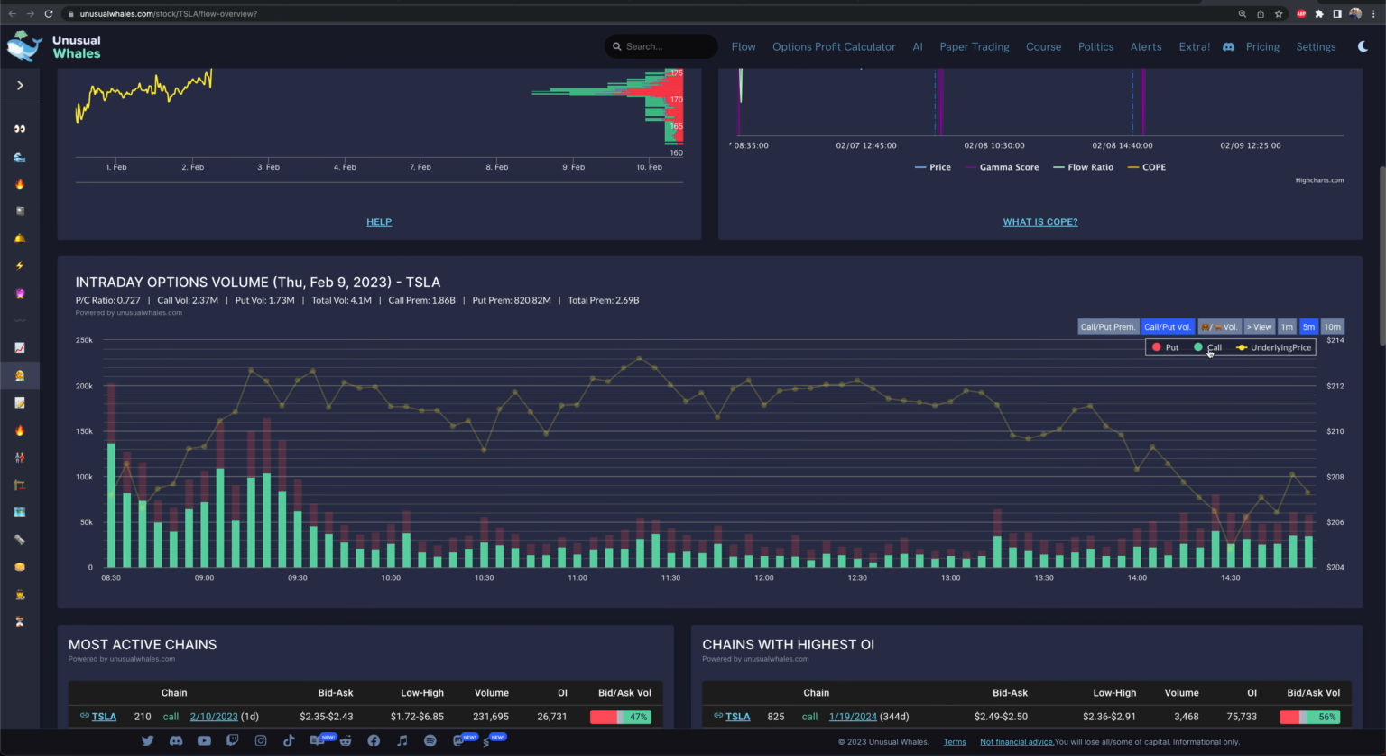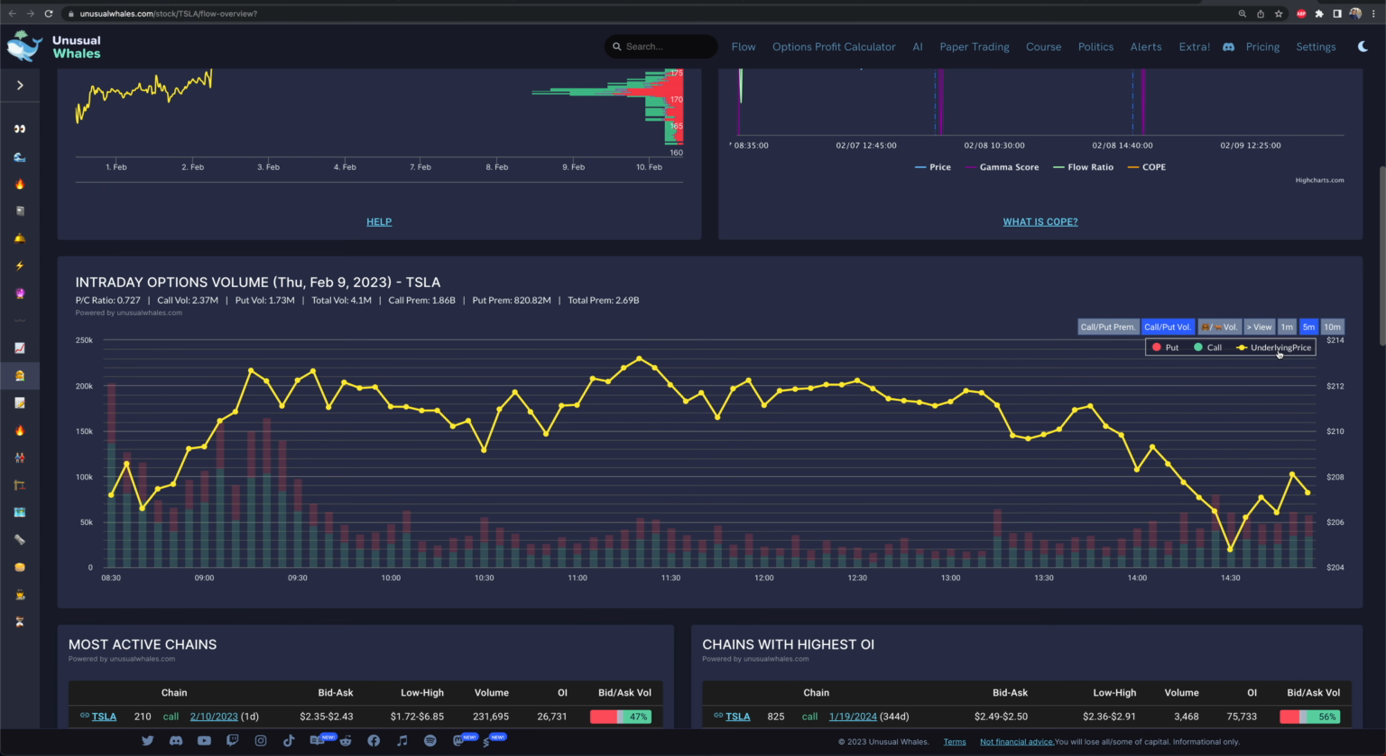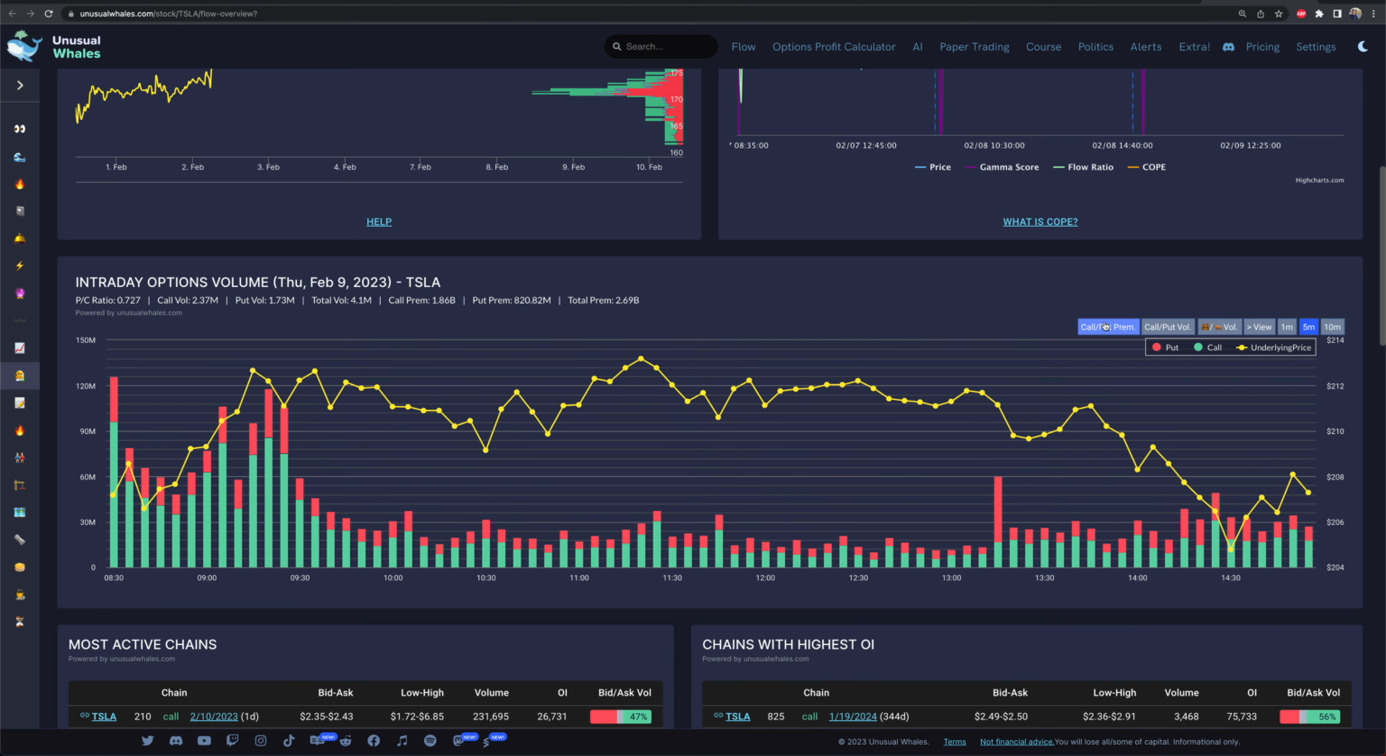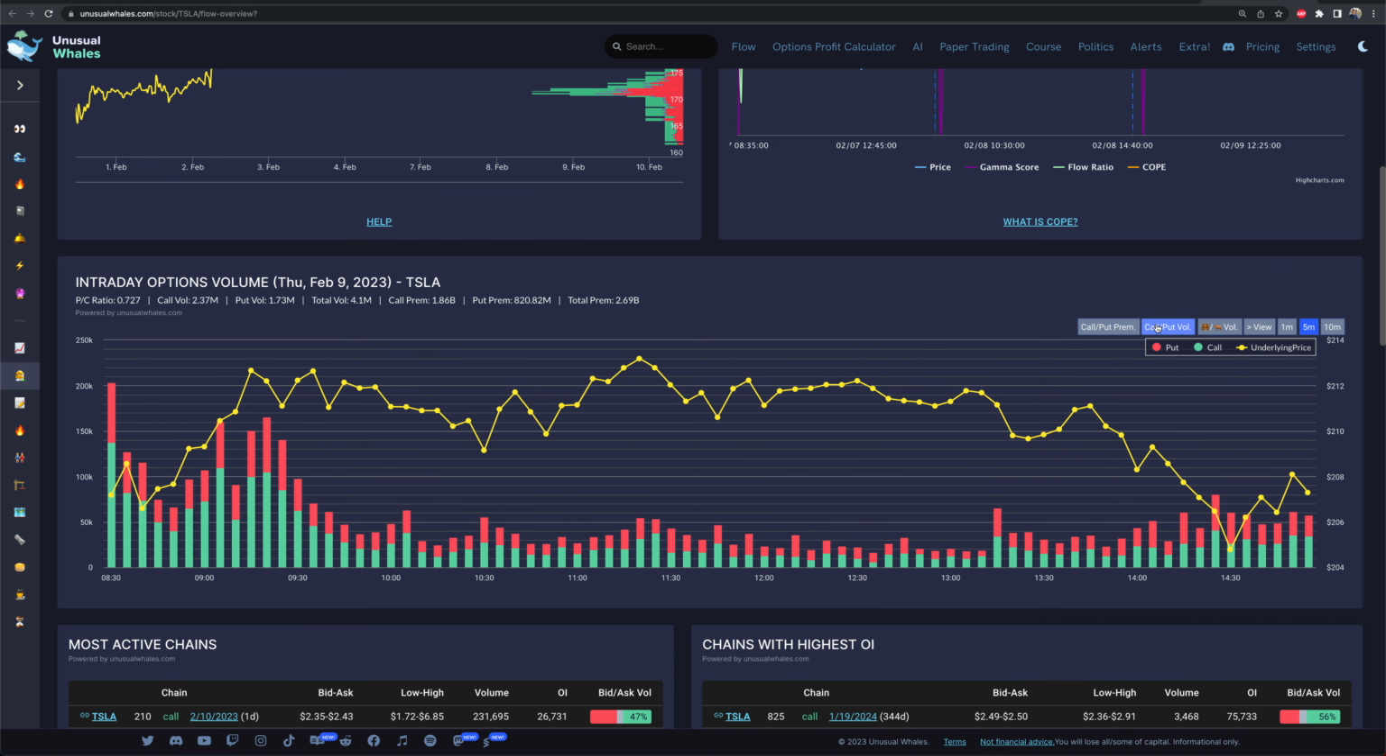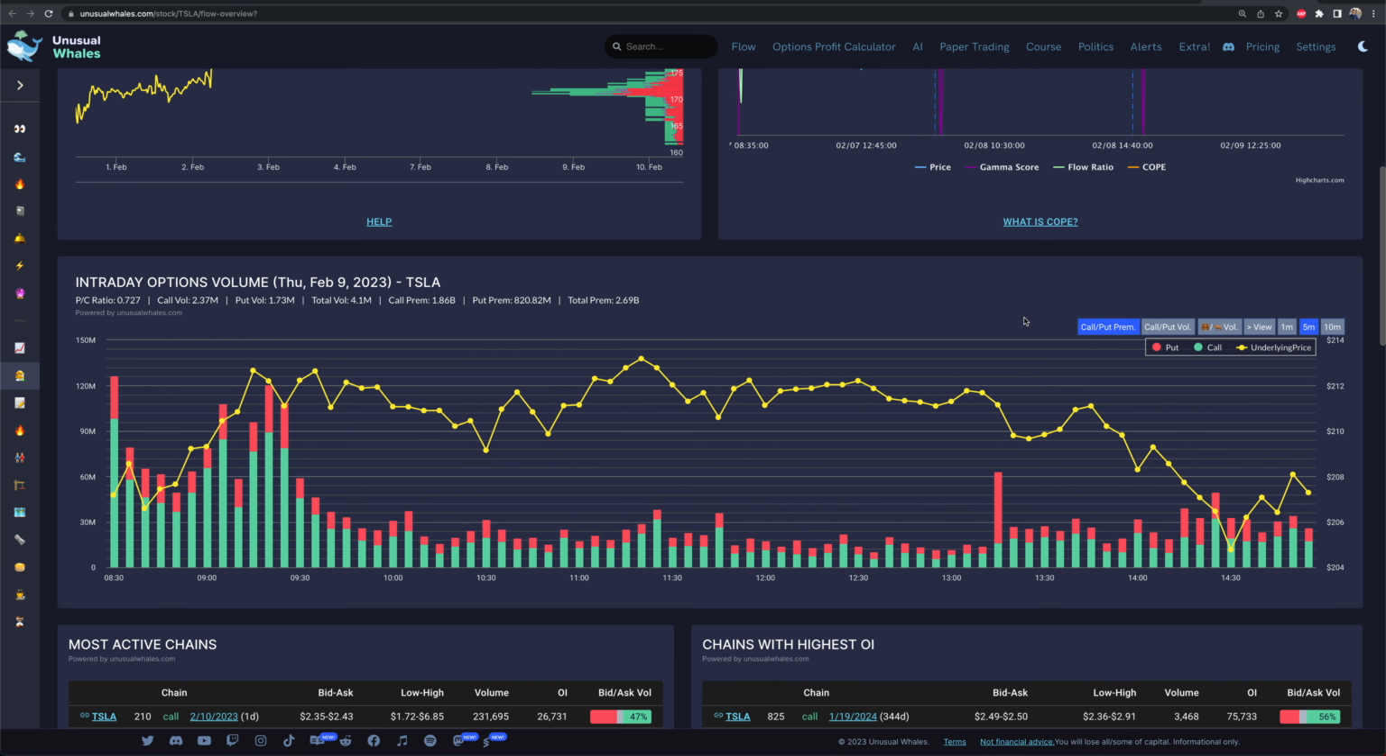Hover over the call, we have those, and if I go over the underlying price, that shows me the price of Tesla throughout the day. You can change those, go to put call premiums versus volume. Premiums really just mean how much money was spent on these, and whether more money was spent on bearish positions versus bullish positions, and we can see that someone slapped some pretty big puts right here,